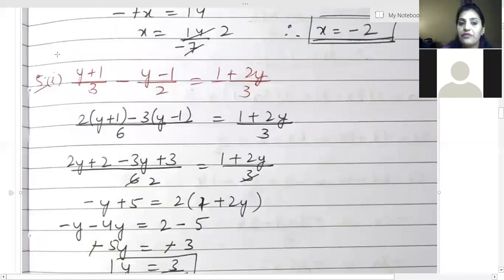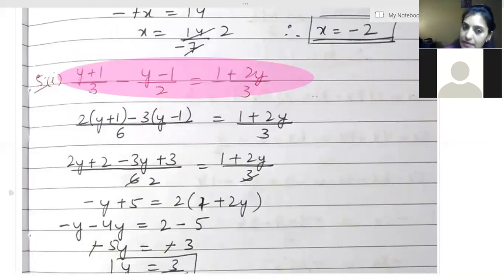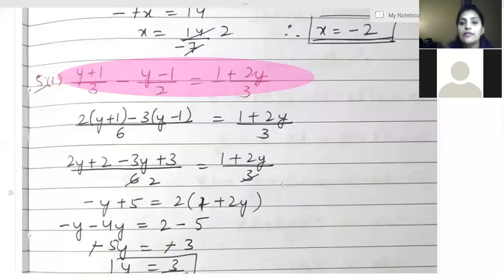Okay beta. The first part is saying x plus 1 upon 3 minus y minus 1 by 2 is equal to 1 plus 2y by 3. Now you give this question a try, you do not need to speak the answer. I'll discuss this. Okay, just go for a try. See, when you are going to attempt this kind of questions, just keep one thing in your mind, the minus sign. Kindly keep this sign in your mind, otherwise it will ruin your question.